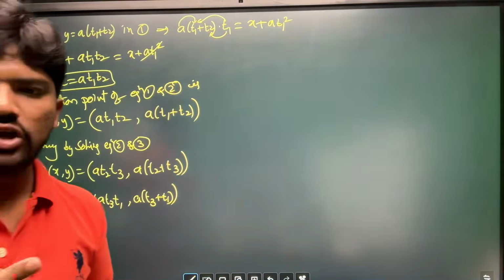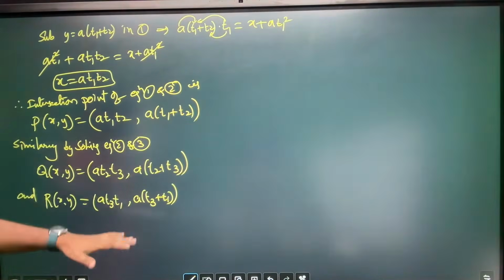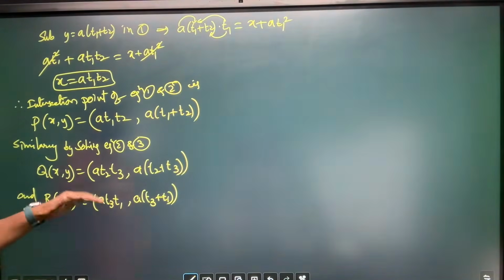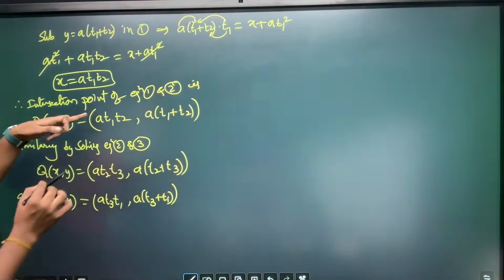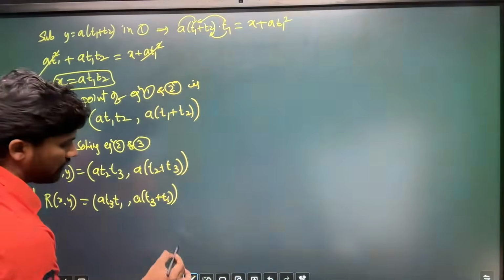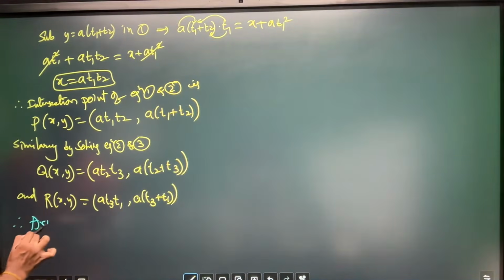Yesterday I clearly told you, wherever I ended yesterday's class, I will start from there only. So as I said, I'm starting that concept from here. Now you got 3 values here, P, Q, R. So you have 3 points. Since there are 3 points, now the area of the triangle PQR is equal to